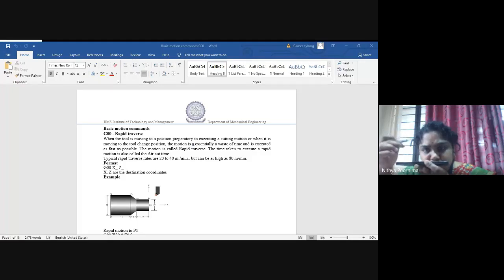This movement from the finishing position back to the home position, we call rapid traverse. In rapid traverse, there is no removal of material. Is it clear? Am I clear? Yes, ma'am.